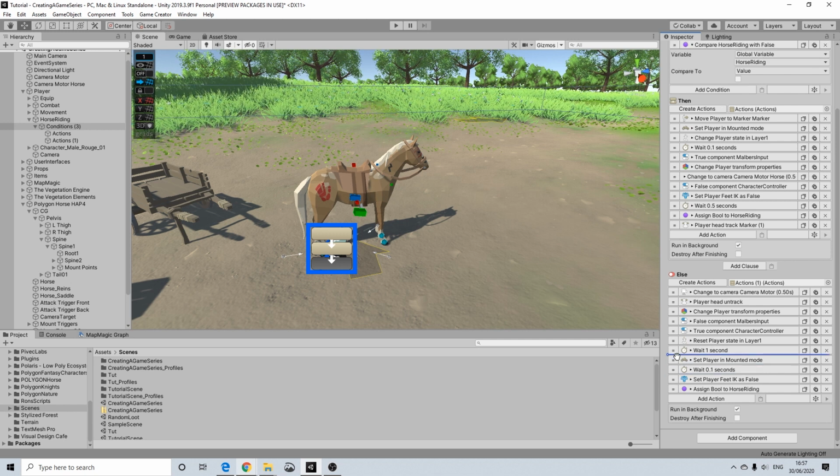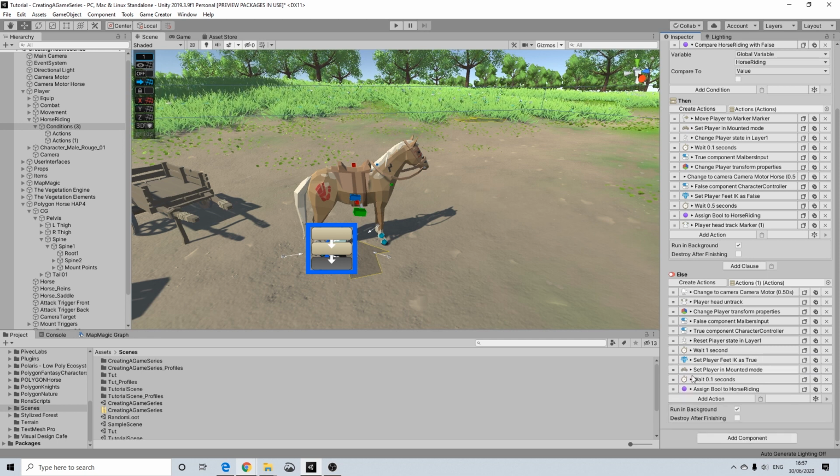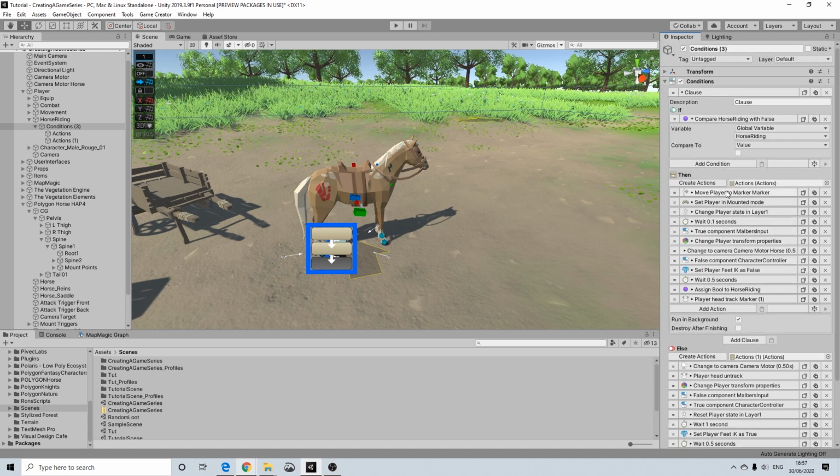We're going to enable foot IK again. And if that's something you're not using at all, then great, you don't have to do that. We're going to add a weight of 0.5. Horse riding is going to be turned off again. And we are no longer going to be in mounted mode, so we can control our player again. So whole set of actions, but before we can actually try this, we need to make sure we have an